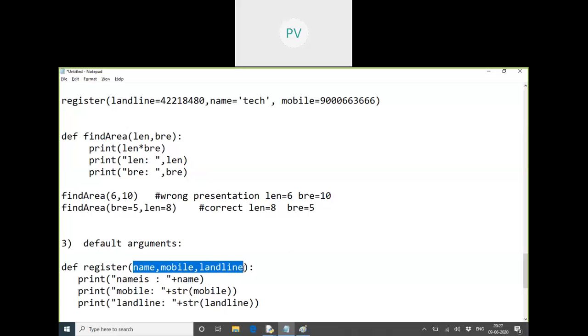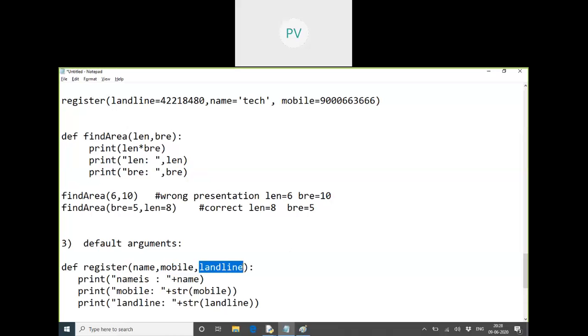3. But can you now register with this app? Now just think yourself. You are the person who is registering. What can you type? Can you give this value? Can you mention any landline value right now? Yes, ma'am.